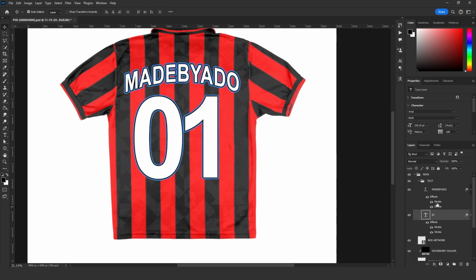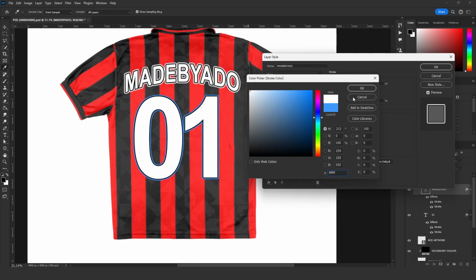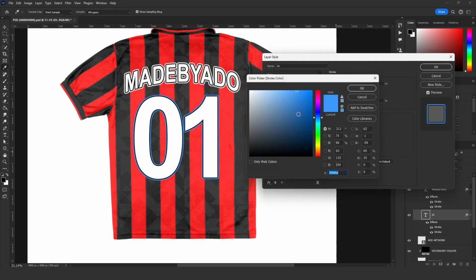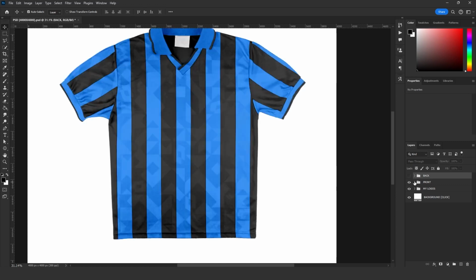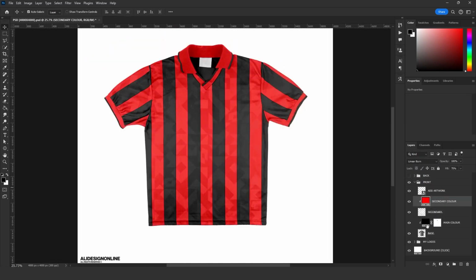And then yeah, same for the name. Double click on the stroke, can change it to whatever you want. So I can just do that for now. That's the back. We can do the front. The front is literally the same. Can change the colors